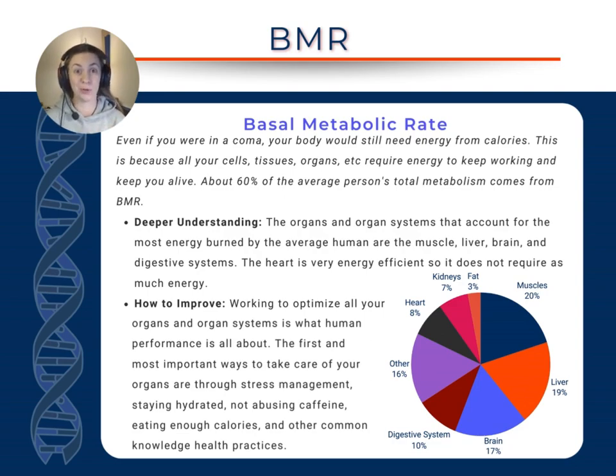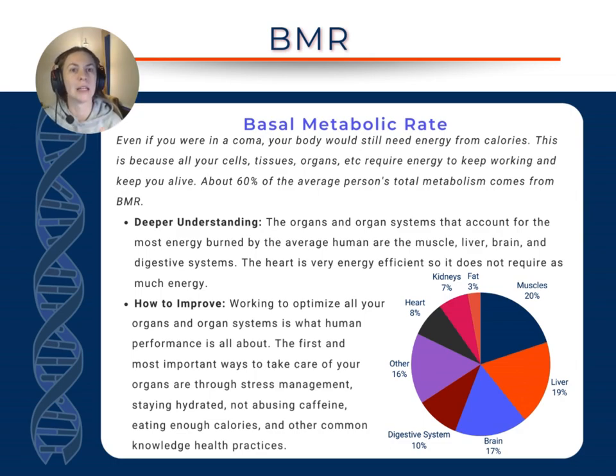So to help you prevent that from happening, things that we can do to improve our metabolism and our basal metabolic rate is we want to make sure that we're taking care of our organs through stress management. That is huge. I'm going to have a whole other thing on that. We want to make sure we're staying hydrated, not abusing caffeine. We want to make sure that we're eating enough calories,